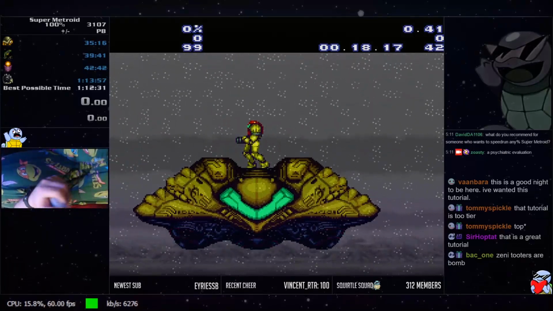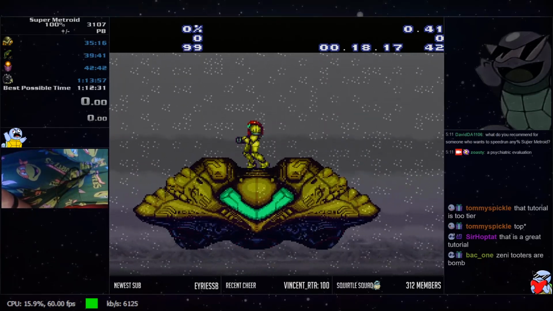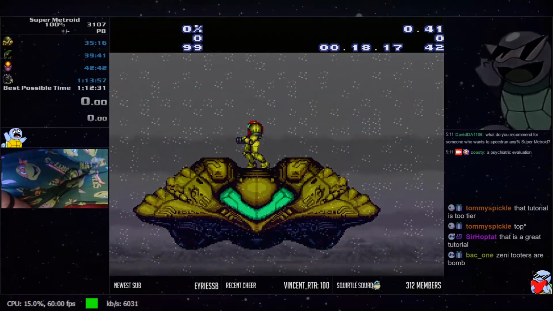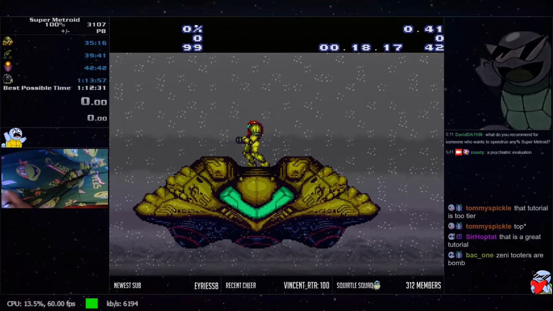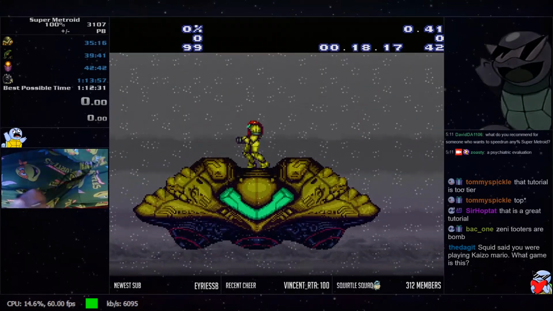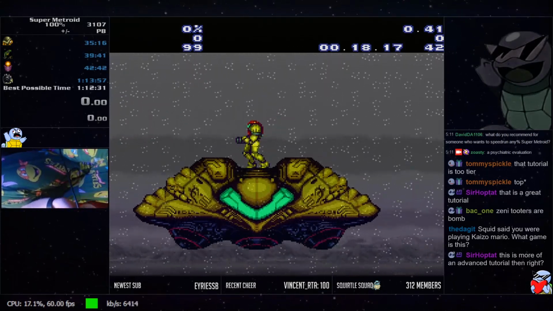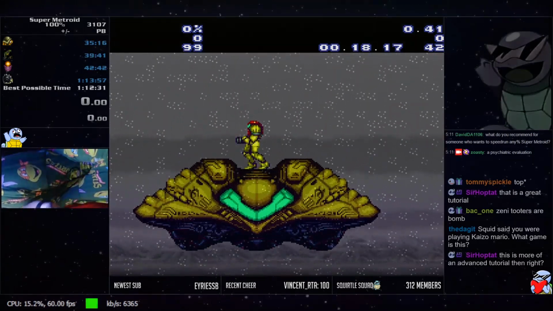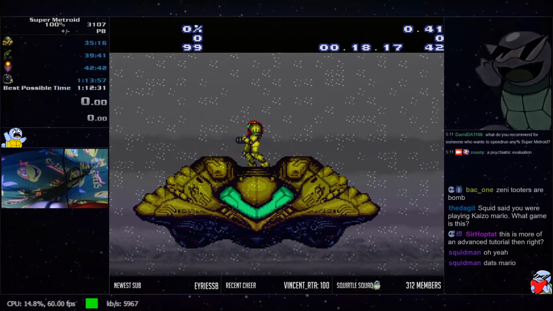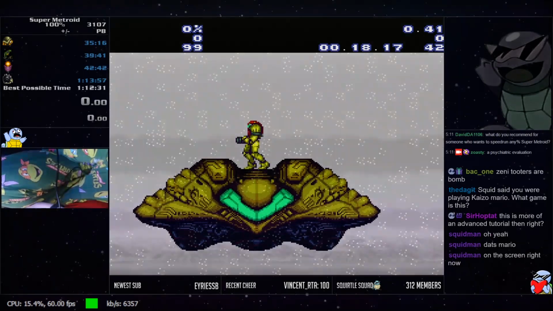So today we're going to cover from landing on planet Zebes on the ship. We're going to go from here until the green Brinstar elevator. And I'm going to try and do a segment for each stream, or at least a couple times a week until we get through the whole run. Of course, you're welcome to tune in and watch these live, but if you miss any of these segments, I do plan on eventually editing them, streamlining them, and uploading them to YouTube the same way that I did with